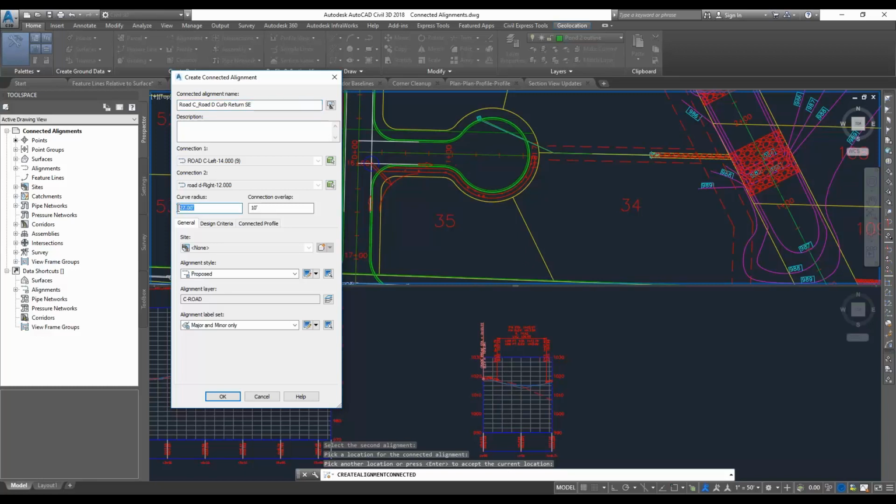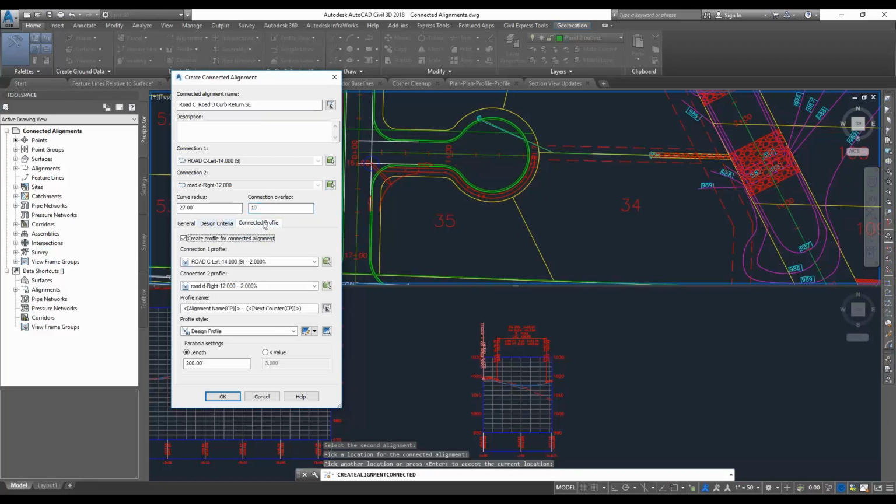Curve radius, I'm aware of the fact that this is correct for me. I've got this 10-foot overlap, so it's going to go 10 feet into the tangency areas for both the profile and the alignment. So that's key for working with that profile that we're going to make here in a second. And just like that offset profile, we've got that same tab in here when we're creating a connected alignment. Leave that toggled on. In this case, we've got that direct link to the two offset profiles, which again can be driven by the centerline profiles. Okay,